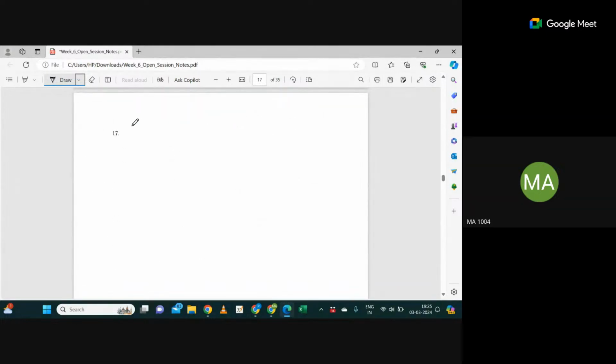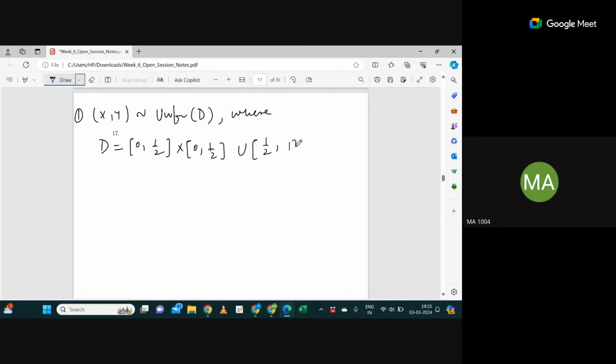Let me take that uniform example also. Suppose (x, y) follows uniform on D, where D has been defined as 0 to half product 0 to half, union half to 1 product half to 1. Now, if you draw this region,